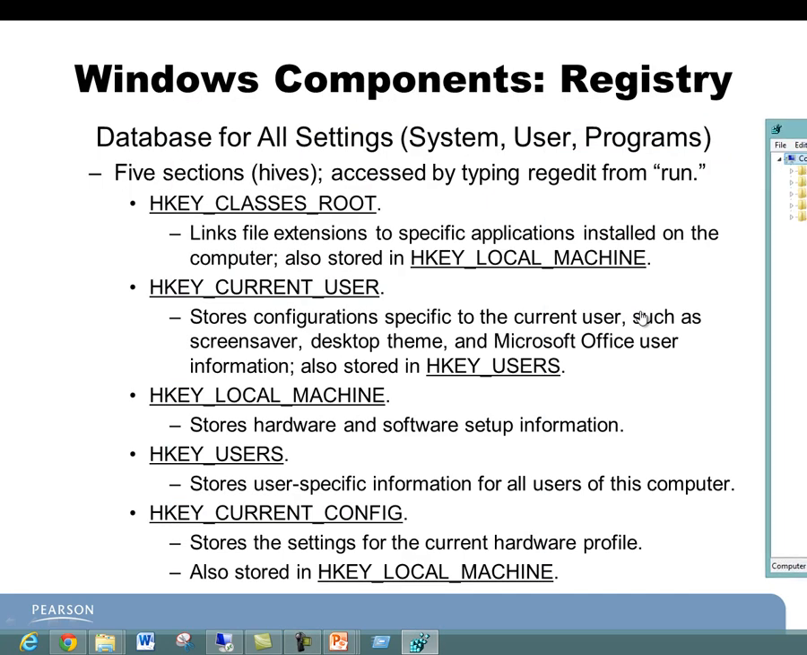And in each of those, root links to extensions for programs. Current user stores the configuration for the current user that's logged in. That's also where all the Microsoft Office stuff gets stored. Local machine is hardware and software that's on the computer. Users has all the users for the computer, and current config has the current hardware for the computer as you're